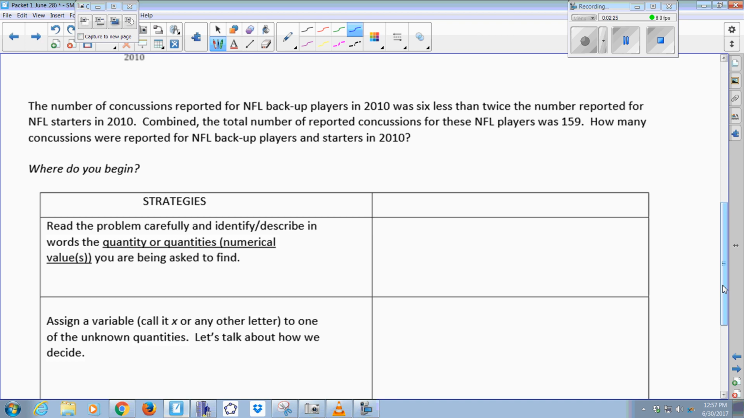We're being asked to find the number of concussions that was reported in 2010 for NFL backup players, and then the number of concussions reported in 2010 for NFL starters. So that is where I will begin. I'm just going to write in words, and your words should always describe a quantity, a number. So in this case, I can just start with this little symbol, number of concussions